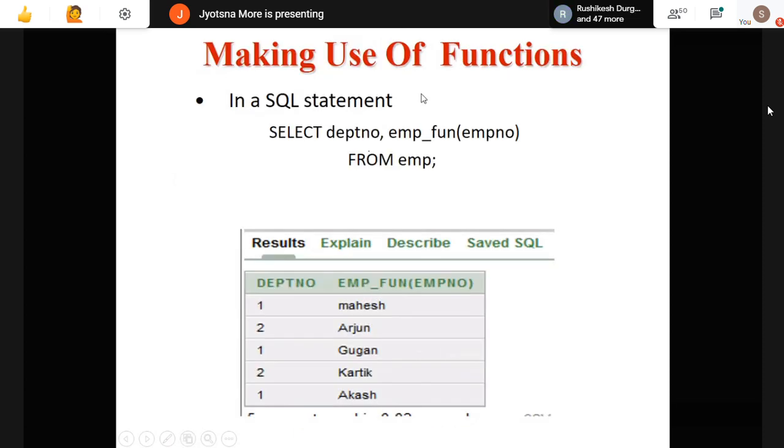For that employee function, when I pass the employee number, whatever number it may be, I should get the employee name in place of the employee number. We will do the same program in your practical, so you will get a clear idea. Right now, just think about it.